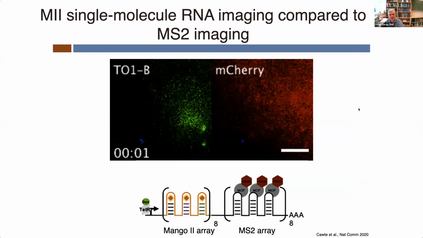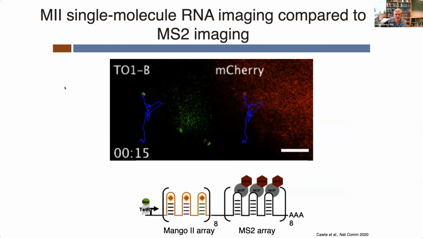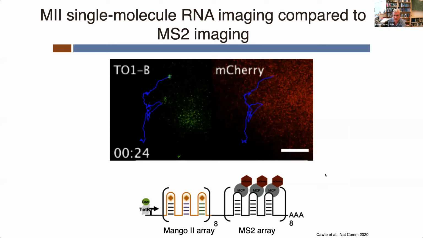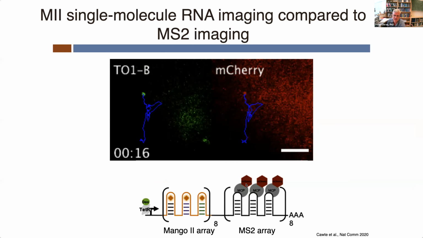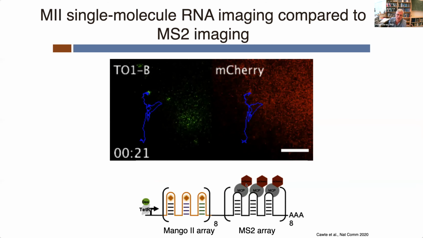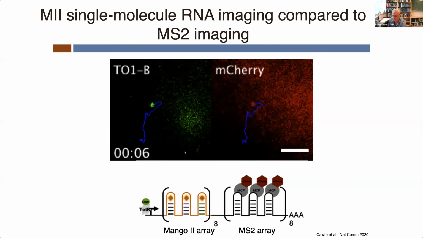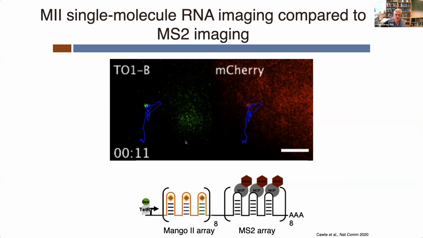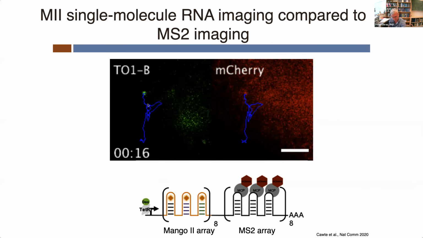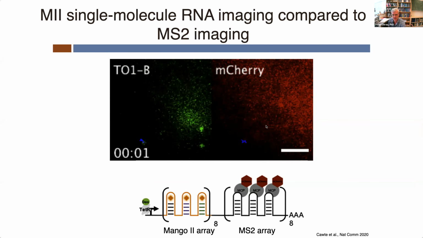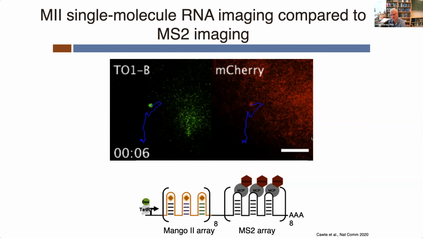This is again a Mango 2 aptamer, which is the floppy aptamer, which binds with very high affinity, compared with the MS2 protein imaging system. The MS2 system, if you're not aware, is just a tag that binds tightly to a protein that's derivatized with a fluorescent protein, allowing it to be imaged. And as expected from that fluorescent efficiency plot that I just showed you, we see much better contrast, of course, in the individual molecule of RNA than we do with the gold standard MS2 system.